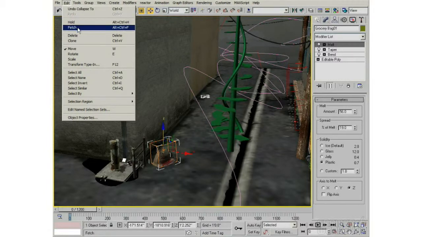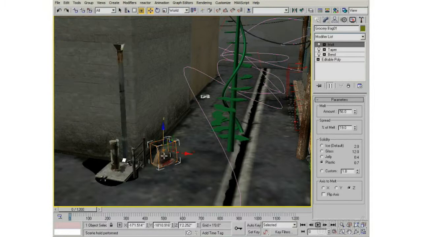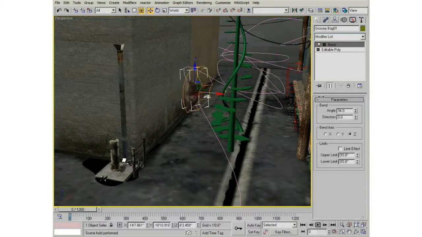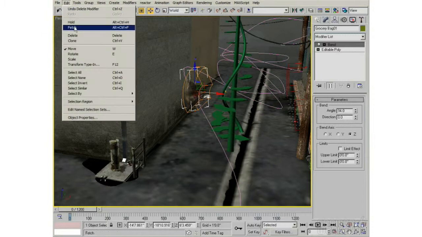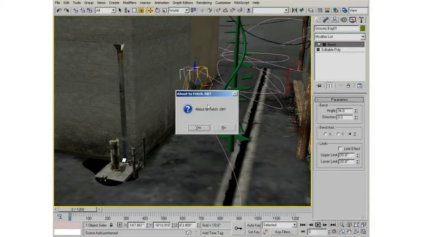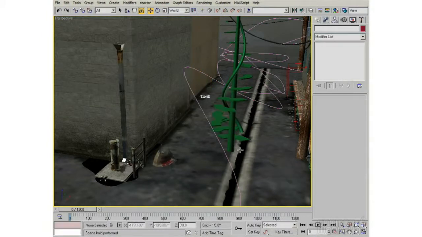And then you can choose at any point. I can do a bunch of other things to it, say move this thing around and do things and delete stuff out of the stack or whatever. And then if I go back to fetch, it'll say about to fetch, and you can see what it does is it brings me back to this exact state at which the scene was left in when I hit the hold operation. And so it can be another way to ensure that